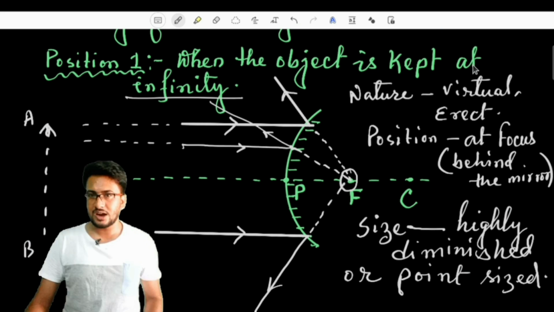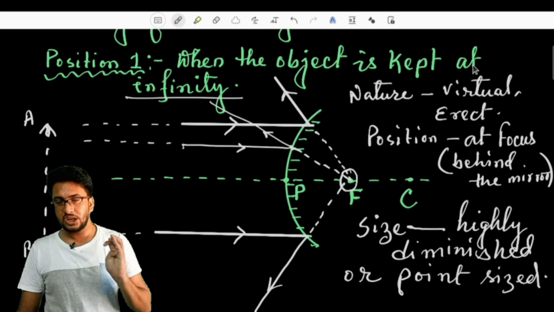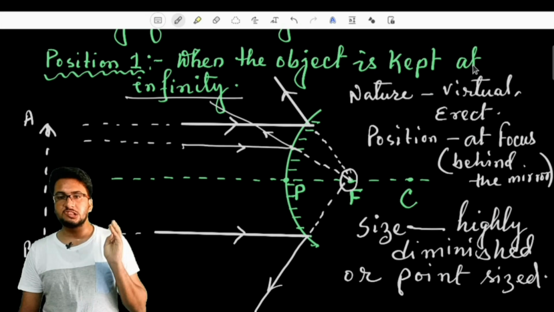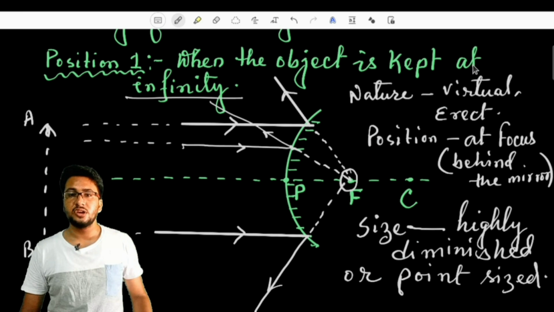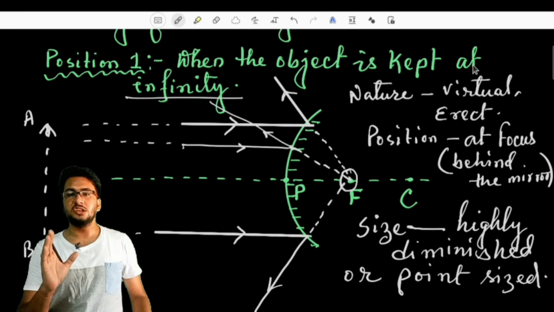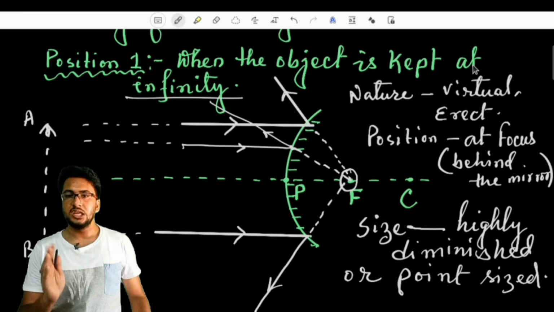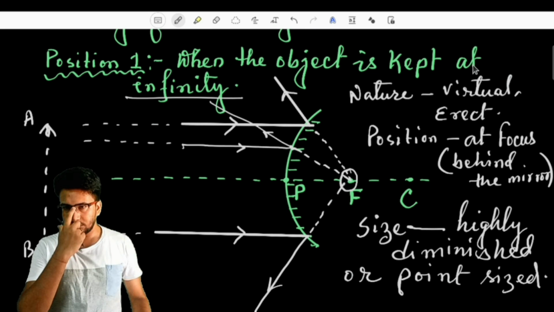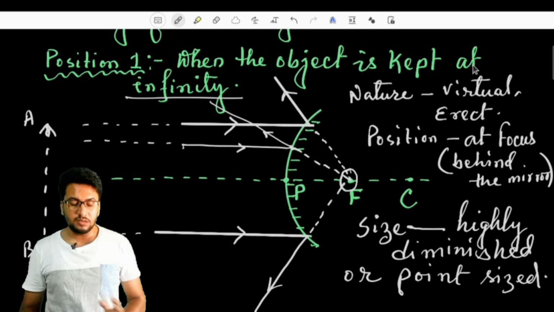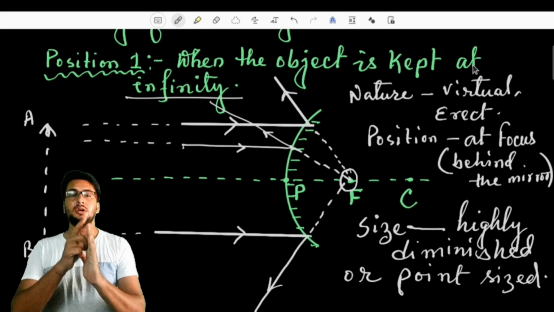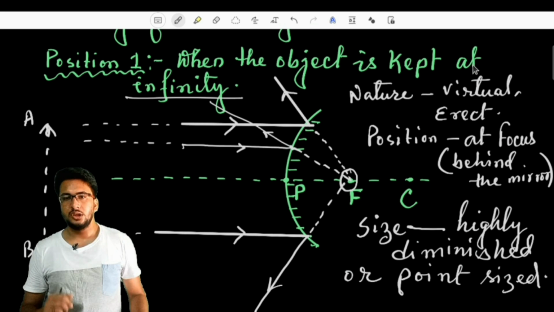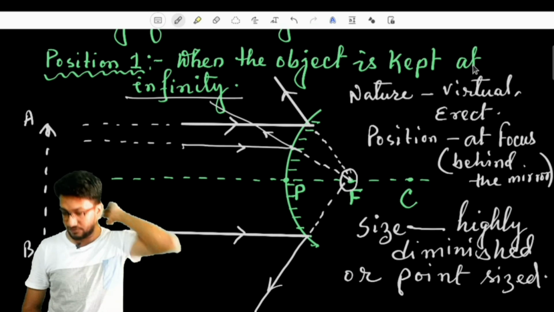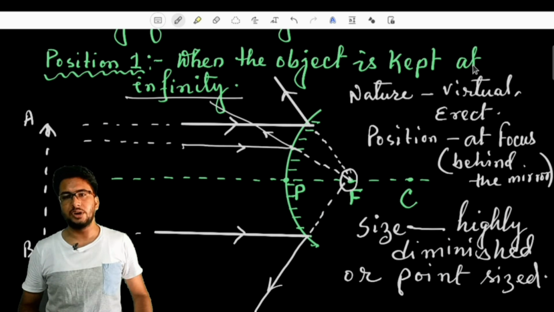Fine. So three things that we have to discuss for the image quality formed in different cases when an object is placed in front of any kind of mirror: we mentioned the nature, the position, and the size of the image. The nature of the image is virtual and erect. Virtual means that we cannot obtain it on a screen. Erect means that if the head of the object is upside, then the image will have its head upside only. If not erect, then it will be inverted.